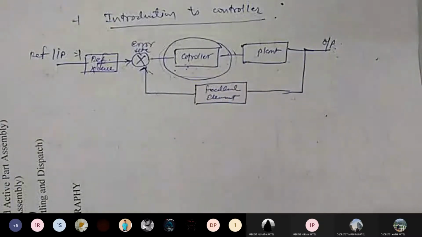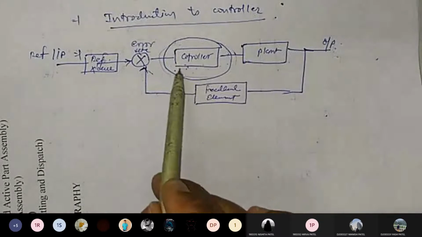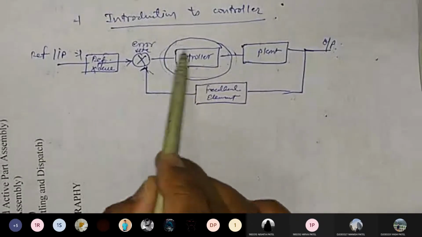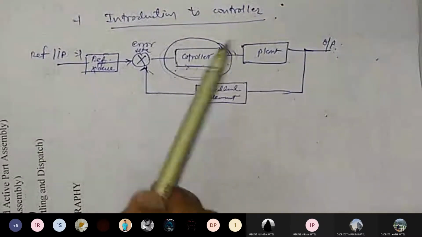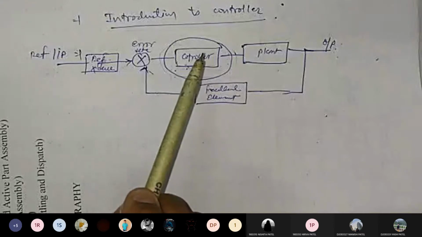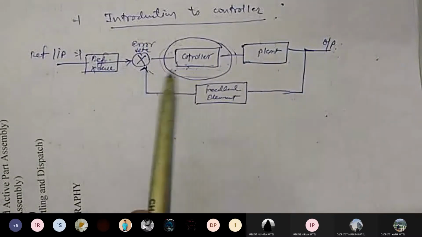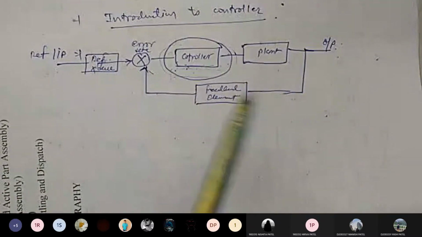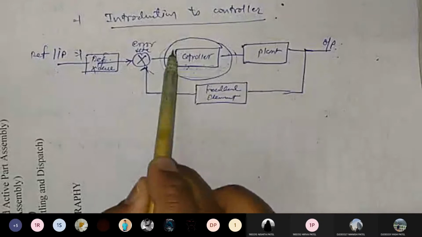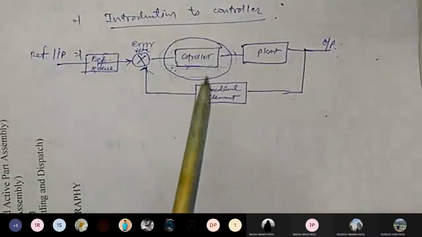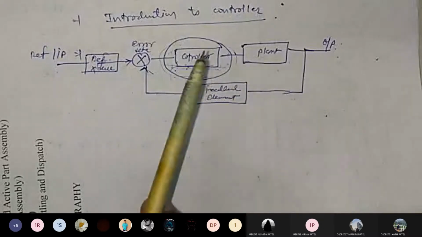So we are having different controllers and we need to analyze at which point of time these controllers are being used. So what is the basic structure of the controller? I'm not talking about the controller or the processor of your PC or of your mobile or any electronic item. I am just giving an idea about the controllers which are used for dedicated purpose only.